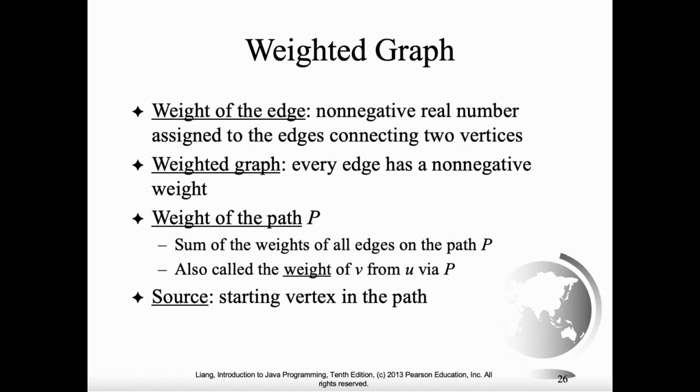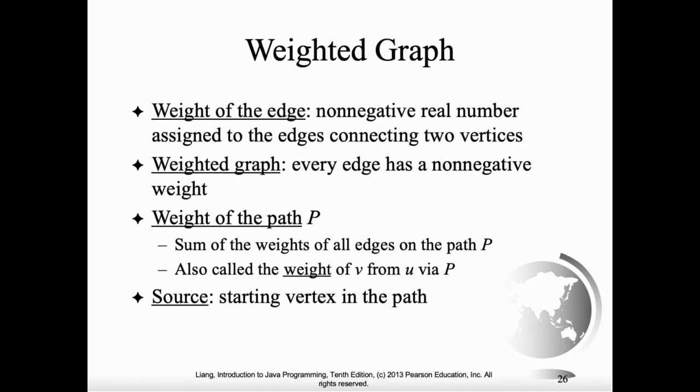Shortest path in the weighted graph doesn't mean the fewest number of edges. It actually means the smallest total weight on those edges. So maybe we only connect through one edge, but the weight of that edge is very high, so it's not worth it. We'd rather go from a different path,